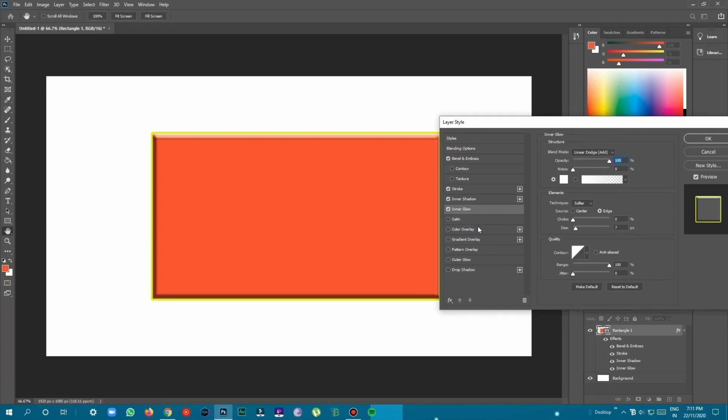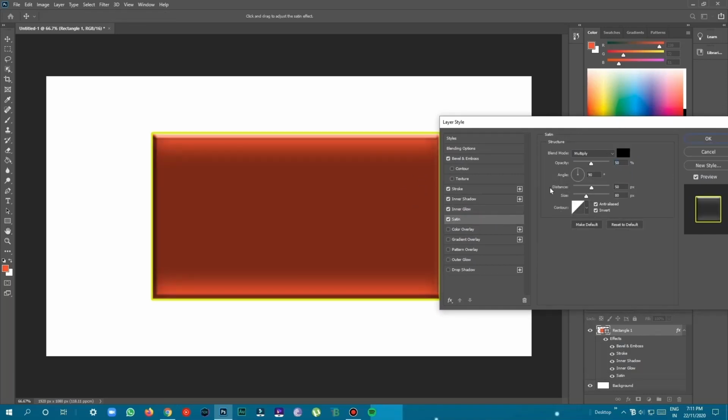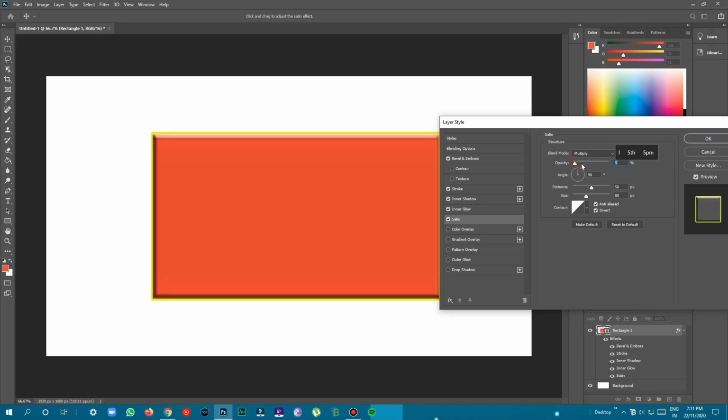Next one is the satin. It makes a double color when we apply it, like a black and red mixed color. You can change the color too, that's your wish. When we increase the opacity, it looks darker, and when we decrease, it looks lighter. I'm just going to keep it at 27%. Here too we can change the angles from where these double shadows, double colors should appear, and increase the distance and sizes, as with every other effect we have gone through.